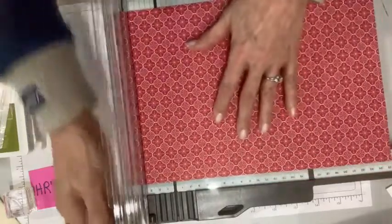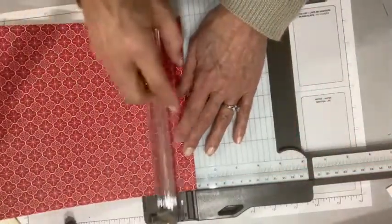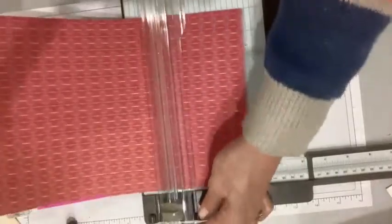let me go this way. I better go this way, or I'll confuse myself. Okay, I'm going to start at 1 inch, and then I'm going to go to 5.5,